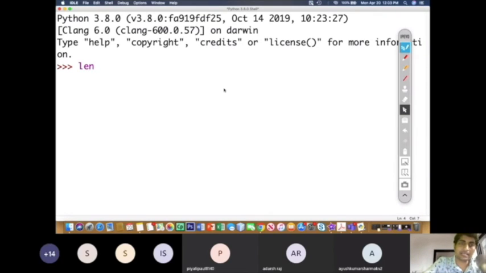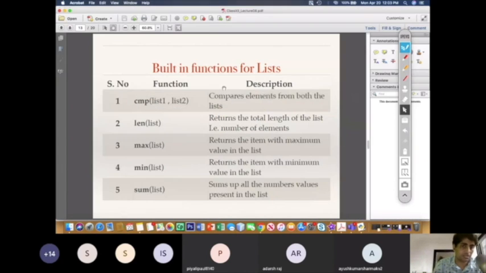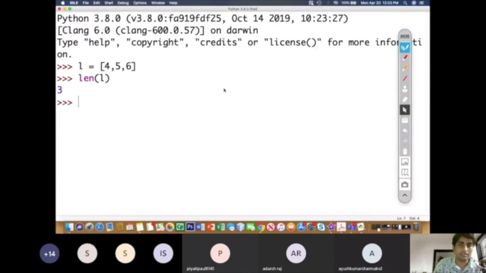So how do we find the length? You have a list called L is equal to 4, 5, 6, and then you write len over L, because it is also a global function. So len over L gives you 3. This you know already. This is there in strings also. Now we have the max function. Max gives you the maximum out of a given list. It gives the maximum value from a list. So for example, if I apply max over L, where we have taken 4, 5, 6, max over L will give you 6.